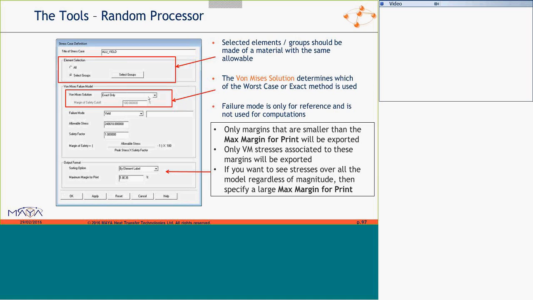If you're using Sigelman, you can calculate the worst case margin, and then when the stress is below this margin of safety cutoff, we'll turn on the Sigelman solution. The stresses and the margins below this cutoff will be printed. If you want all the stresses, put a big value here.